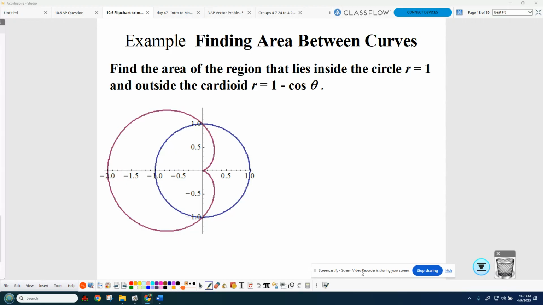What else was special about vectors? Double derivative: you leave it in vector form. So if you see the word vector, you leave the x component where the x is, the y component where the y is. Polars,